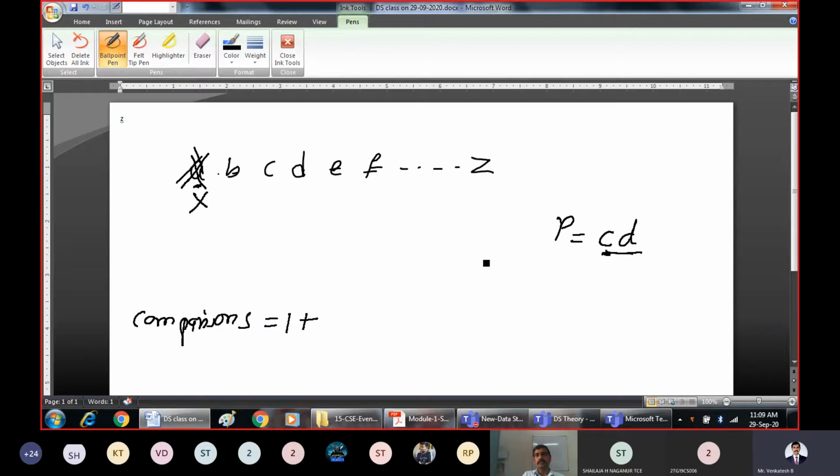Compare the next character with the first character of the pattern. What is the first character of the pattern? C. And what is the first character here? B. So the comparison is failing. But how many comparisons have we made? We have made one comparison. I think this is the total comparisons we have to do to find that pattern in the string. Plus, as the character is B here and we are looking for C, just ignore this also. Then again compare with the next character.